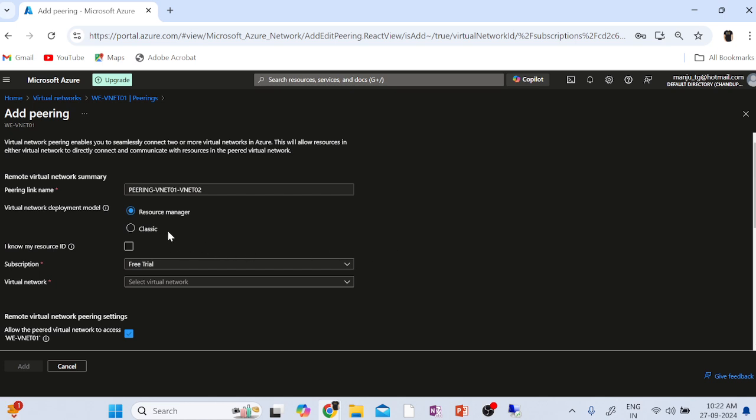The classic one is the very old one and it is obsolete now. We don't have any classic deployment model now. The current and the latest is Resource Manager. So if somebody asks you what deployment models we have in Azure, you can tell them there are two deployment models. One is Resource Manager, which is currently used. The classic one is the legacy, which is not in use now. Okay, both have separate websites themselves. So I will select Resource Manager,